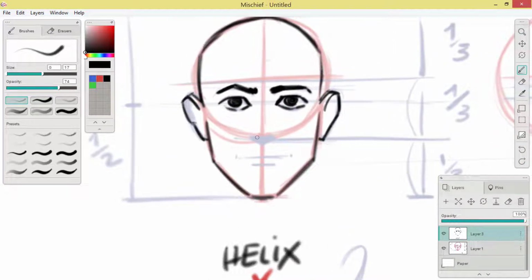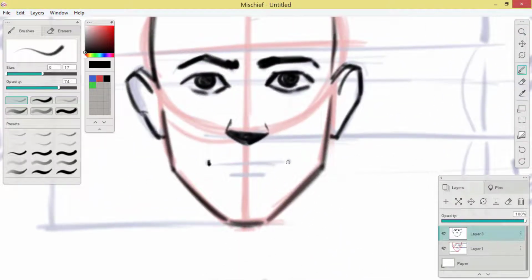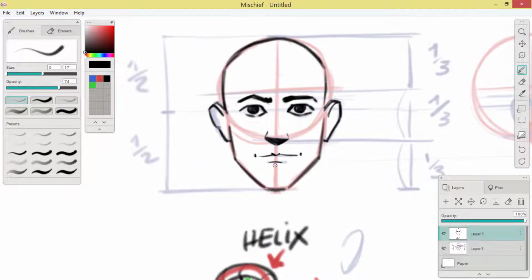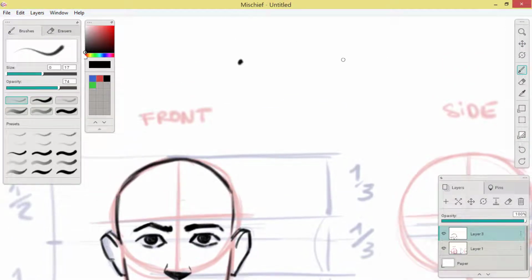And the last thing to add is of course the nose. So I'm still going with the triangular shape like this because I think it looks cool and stylized. And the mouth is the last piece to add. So for doing a mouth on a male, what I like to do is this. Basically I like to put the corners of the mouth, draw a simple line just for constructing the idea. I like to put a V shape that represents the part of the